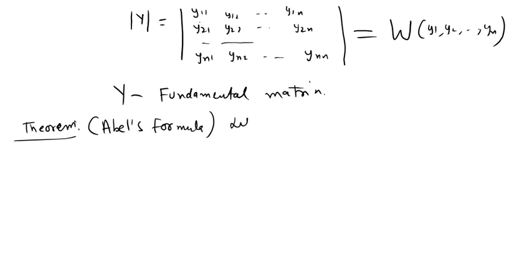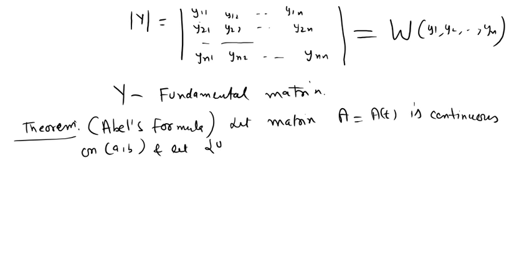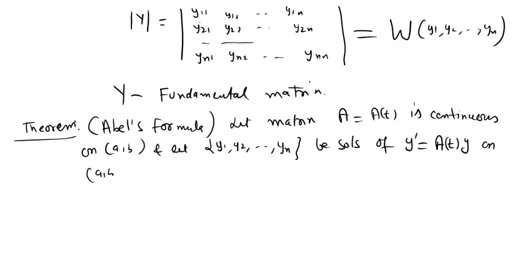Let us suppose matrix A is continuous on any interval AB, and let y1, y2, ..., yn be solutions of the homogeneous system y' = Ay on interval AB,